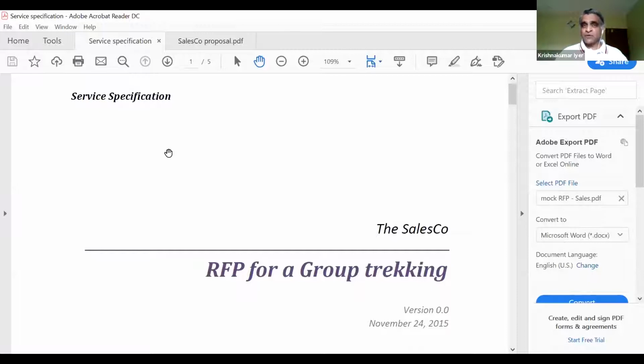The VP of Salesco wants the team to come together, and he has worked towards putting together a broad, high-level requirement in terms of trekking, so that the team can work together during the trek, bond well together during the trek, and hopefully teams from, say, Western India would still be able to work very well with, say, Eastern India, for example. Hopefully, if you have gone through the RFP, you know what I'm talking about. So this is a broad gist as far as the RFP is concerned.